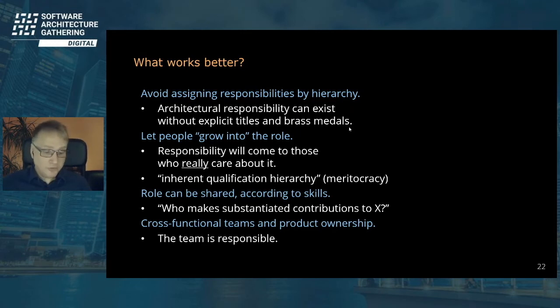And of course, what is very well recommended is to have A, small cross-functional teams, and B, to build up product ownership around the team. So if the team is really responsible for this project as a product, then they care about the long-term goals, and they start to take responsibility. It becomes their baby. So the team is responsible.